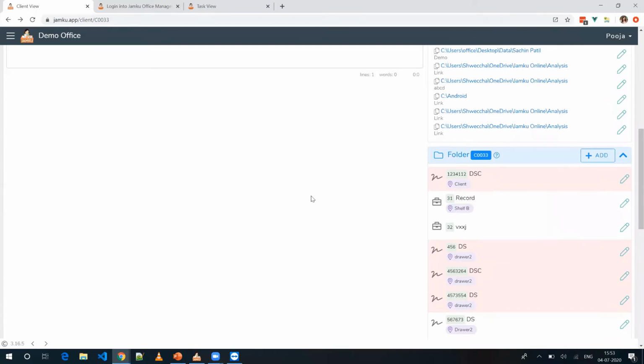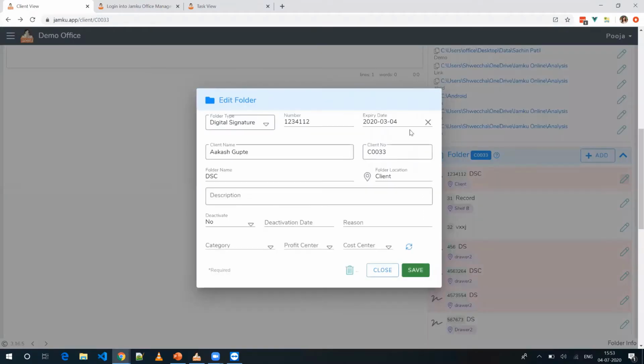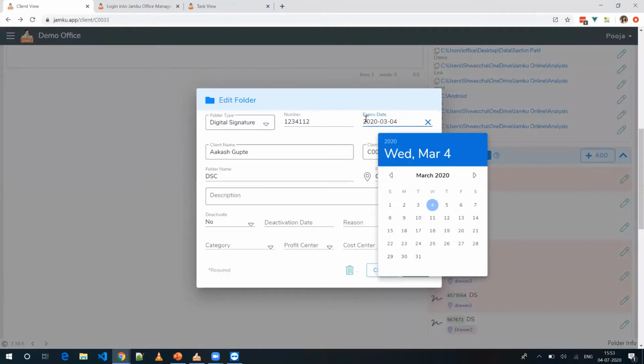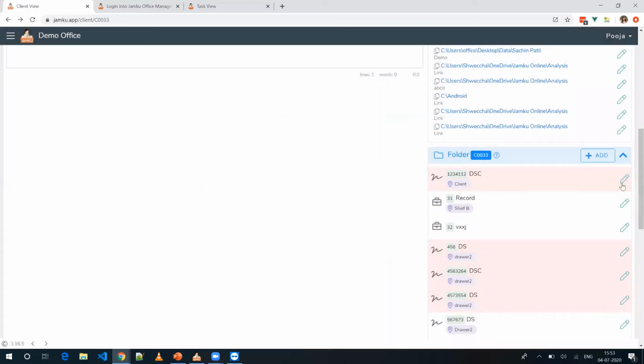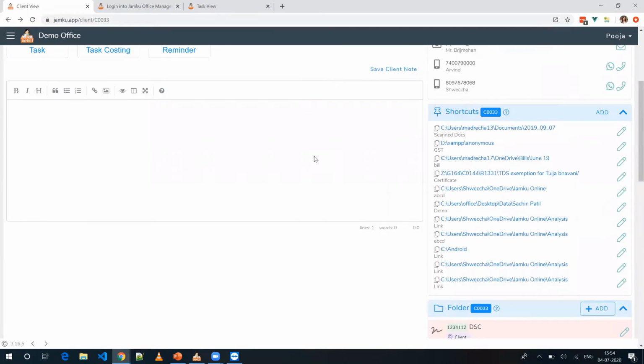So that any person searching for it will easily know that, okay, for this client, this document is kept over here. Now, for the documents which have expiry dates, like the DSCs and all, you can maintain the expiry date also over here, so that a report will be there which will help you in tracking the expiry dates. This option is there for your physical inventory, that is, the documents which are kept in the office. So over here, you can just mention the location of that document, exactly where it is in the office. Now, coming to the digital documents, the documents which you have on your server or your local network.